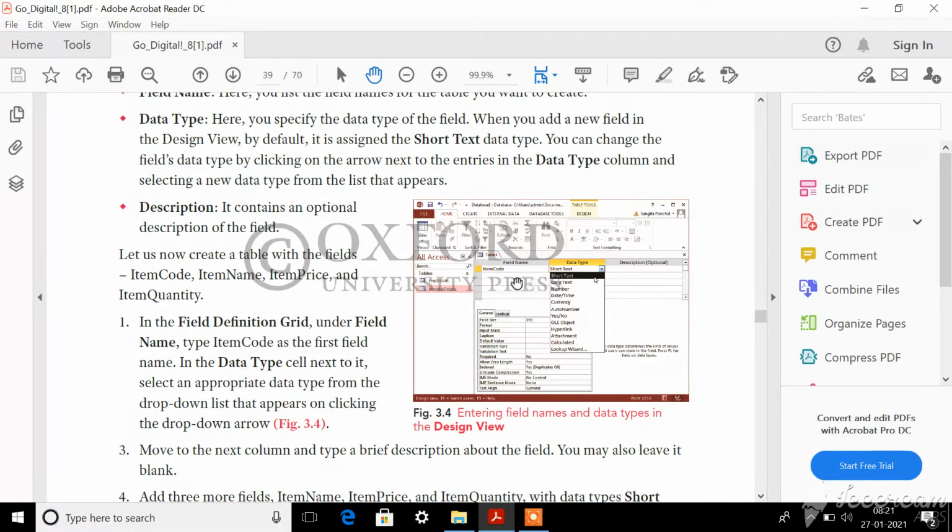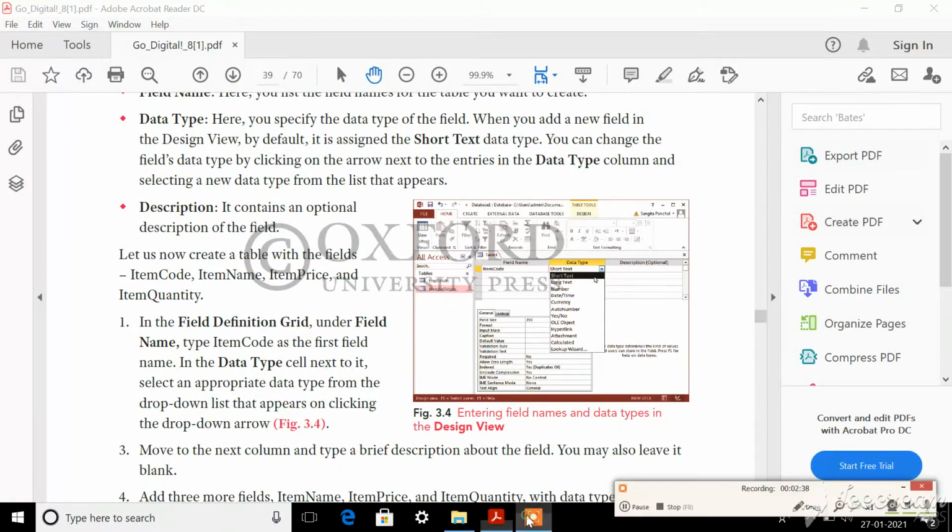And we have seen how to enter data inside the table, isn't it? And we have seen data type. What is data type? Data type is the type of data that you are going to enter. In the design view there is a column called data type, and using this drop down list you can select the type of data that you are going to enter. So that is what we have seen in the last class, isn't it, dear children?